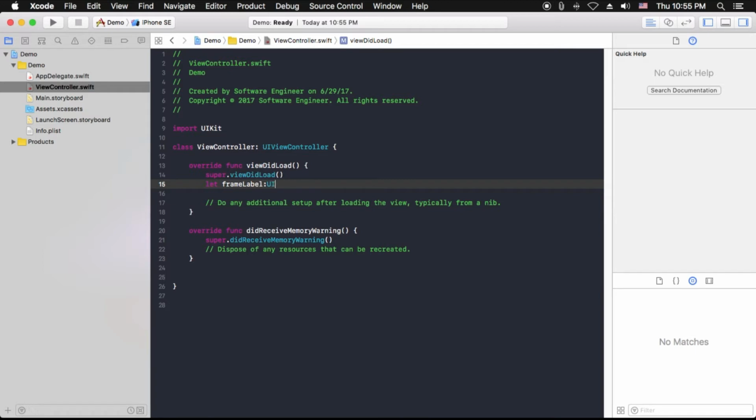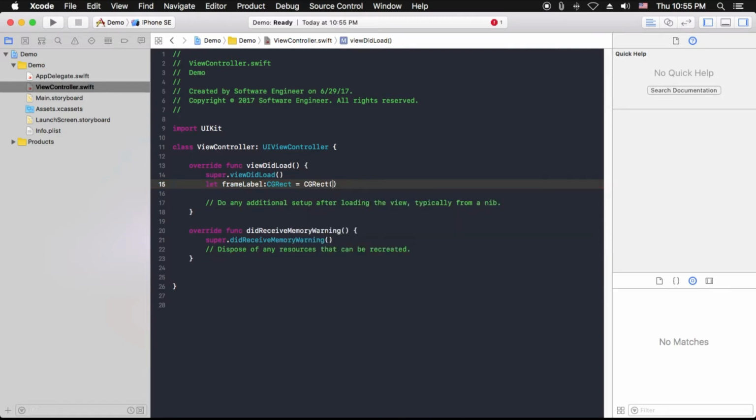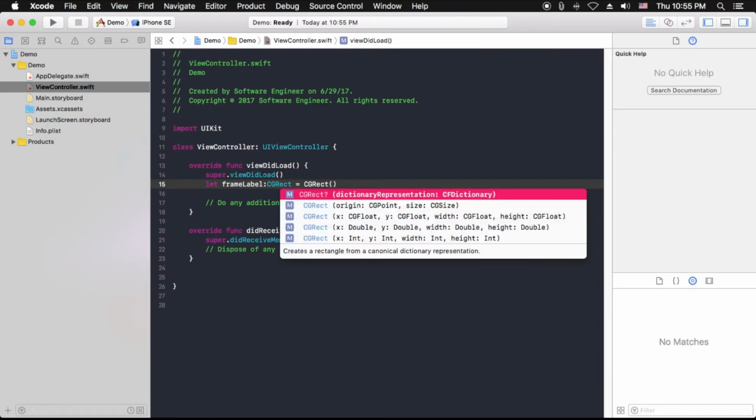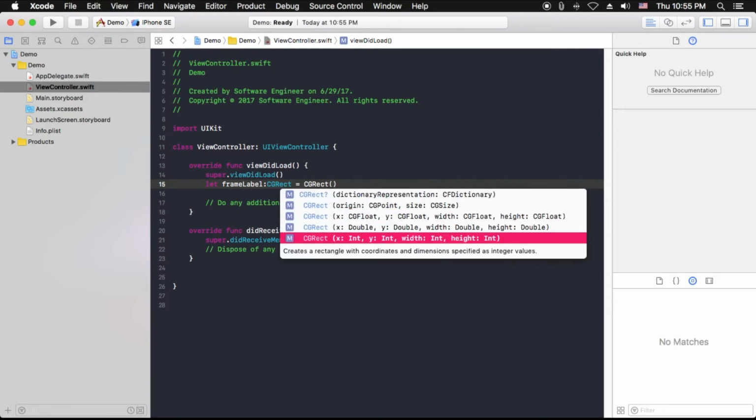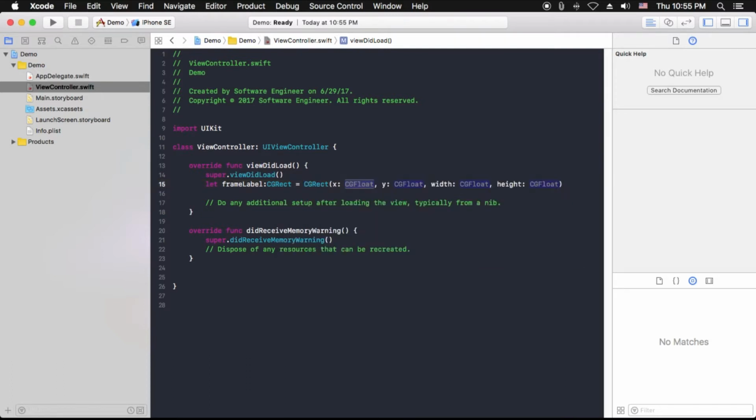Its data type is CGRect, equal to CGRect. You can use integer or double and also float. I can say float, 0 from the left, 0 from the top, and I can say